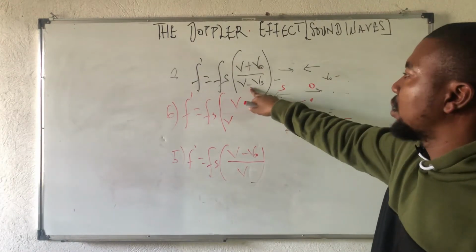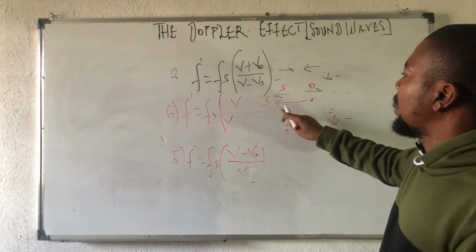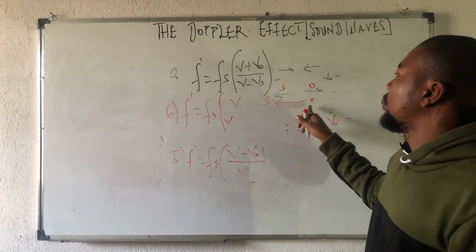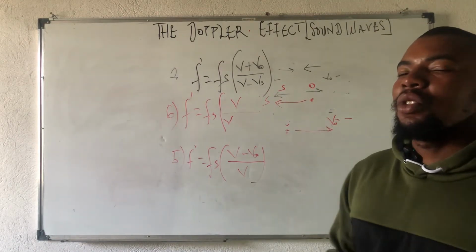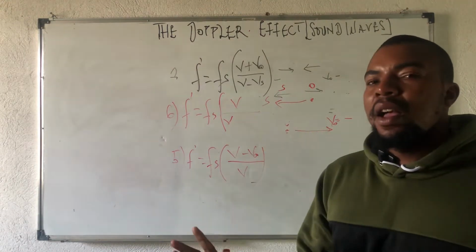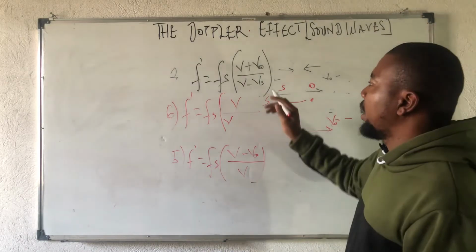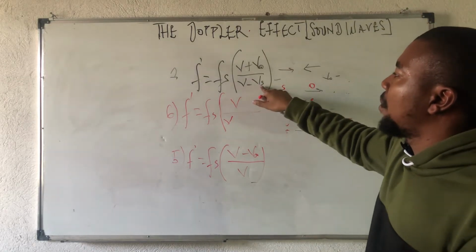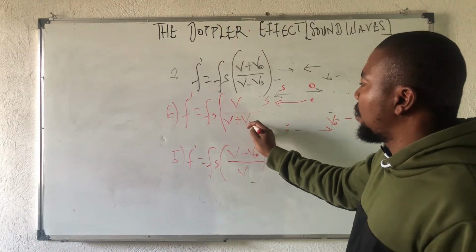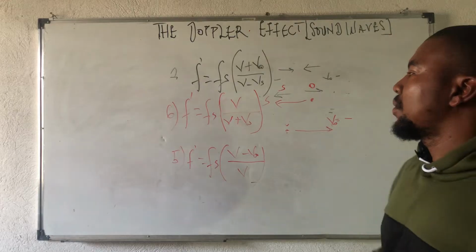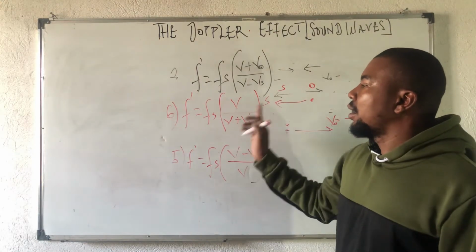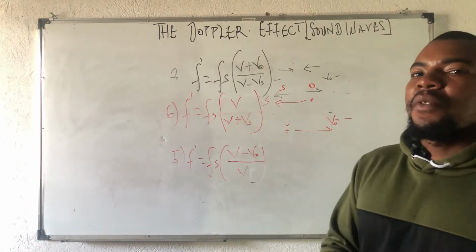Remember that this formula has a negative value already, and as the source moves away from the observer, its velocity is going to be negative, right? It's going to be negative at this point because it's going away from the observer. And if you multiply the negative value by the negative value in the standard formula, you're going to have a positive value. Hence, this is a formula for calculating the apparent frequency when the source is moving away from a